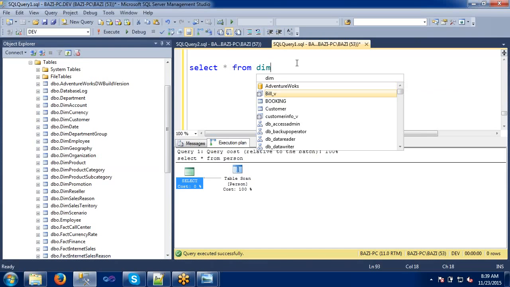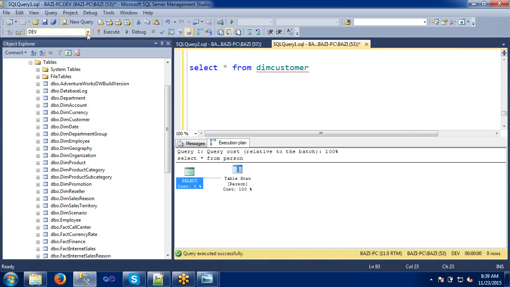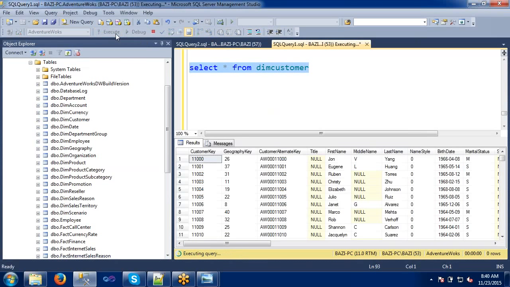We'll see. So it has taken some 0.2 milliseconds, right? So let's try to create the index on this dim customer.